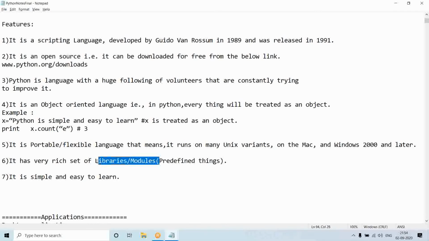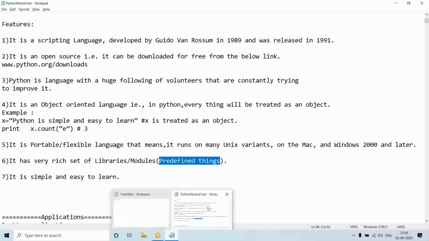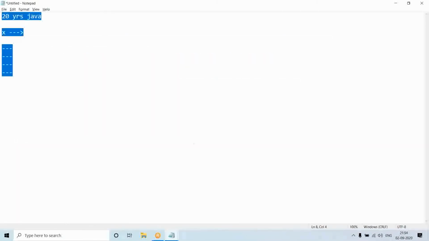Anyhow, in our course, we will encounter the modules. For example, in English, the predefined things we have are A to Z. Using these, you can construct words and sentences.